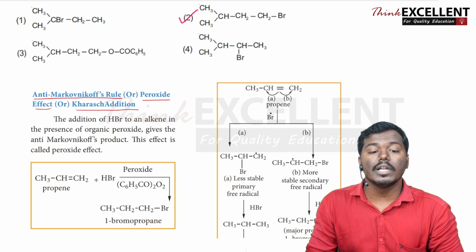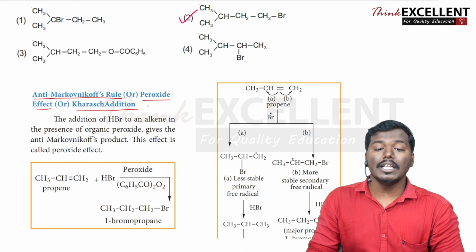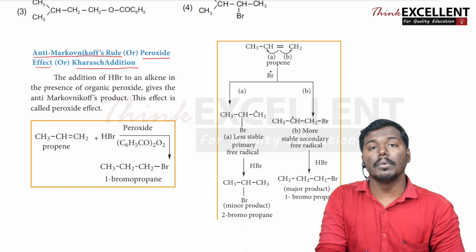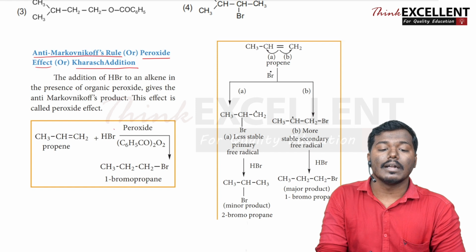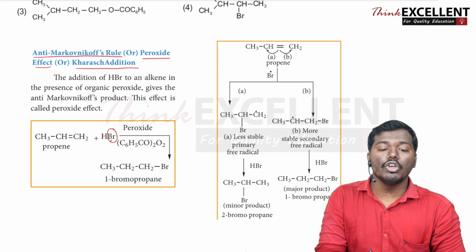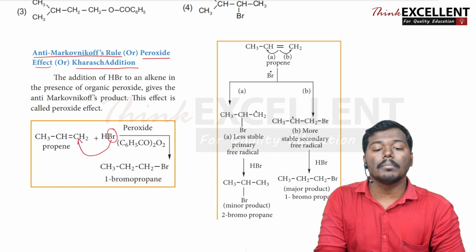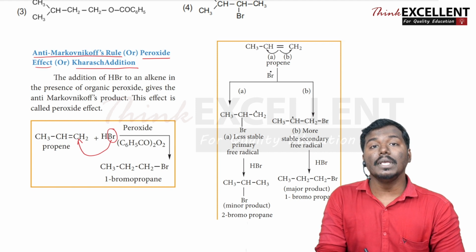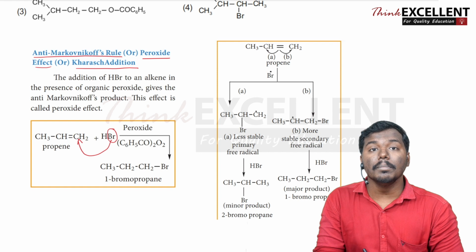It is also called as peroxide effect. So anti Markovnikov's rule follow pannumpodhu you can see that the carbon carbon double bond la vandhuttu indha HBr add aagumpodhu indha Br negative part enga add aagum, that is very important. So that negative part it is added to the terminal carbon of that carbon carbon double bond. So you will end up with the product in which the Br, it is added to the terminal carbon of